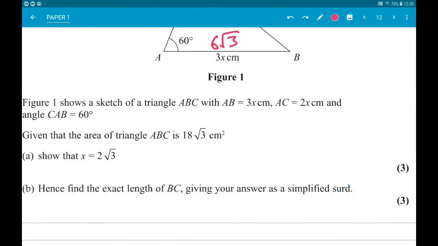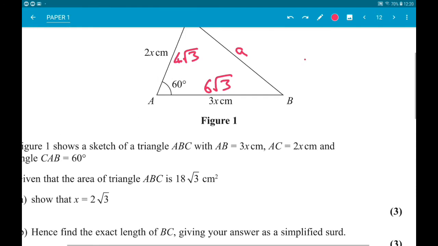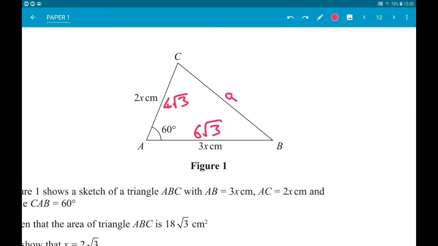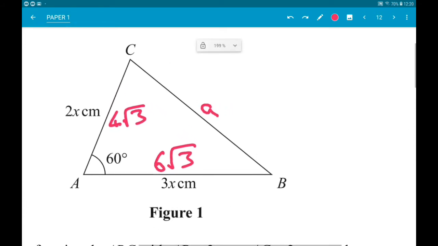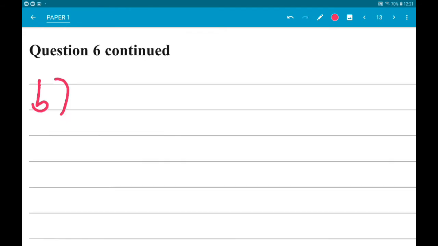Given part B, find the exact length of BC, giving your answer in simplified form. So we now have a triangle where we know 2 lengths and an angle, and we want to find a third length. So we can now use the cosine rule. So I've put the 2 lengths on that we now know. So using the cosine rule, we are going to get a squared is equal to